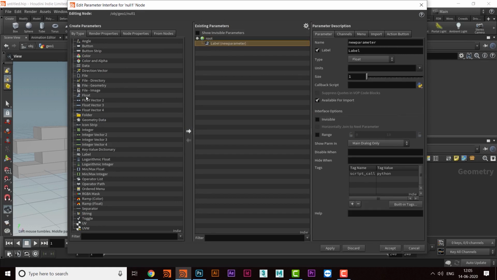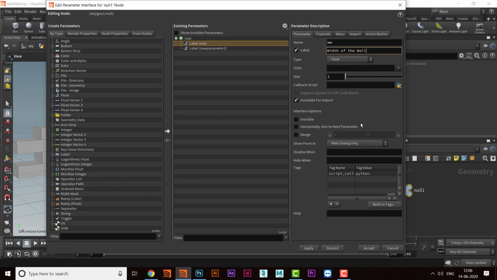and then I will take two float values here. Okay, in the first one I'll take width of the wall, and I'll keep the range 1 and lock it, and I'll make it free, but I'll keep the value here to maybe 30, but I'll open this range, and then apply,